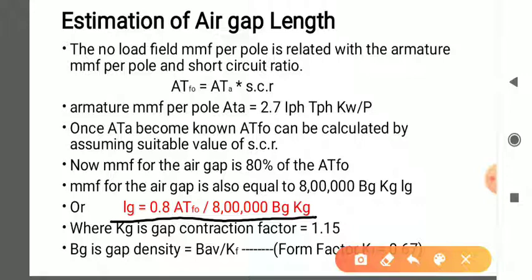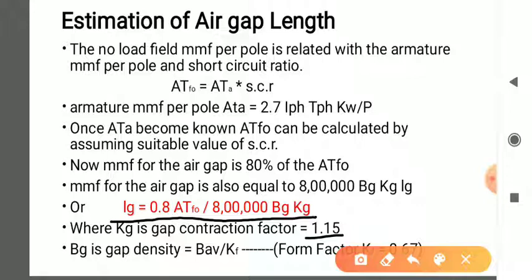Bg is called the gap density and Kg is the gap contraction factor. As we already discussed in the DC machine, the usual value of the gap contraction factor Kg is 1.15, and the gap density is the ratio of average flux density to the form factor, and the value of the form factor is 0.67,